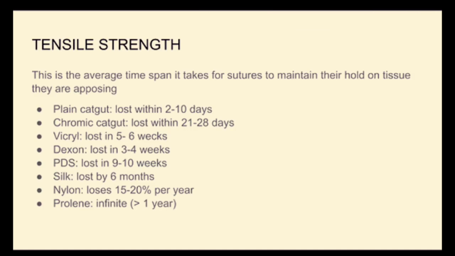So let's talk about features of sutures. First is the tensile strength. This is the average time span it takes for sutures to maintain their hold on the tissue that they are opposing. For example, in plain catgut, the tensile strength is lost within 2 to 10 days. For Vicryl, it is lost within 5 to 6 weeks. Dexon 3 to 4 weeks, PDS in 9 to 10 weeks. So that means by the end of this time frame, the sutures are unable to maintain their hold on tissues